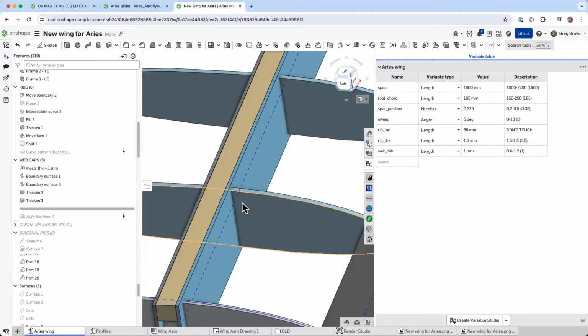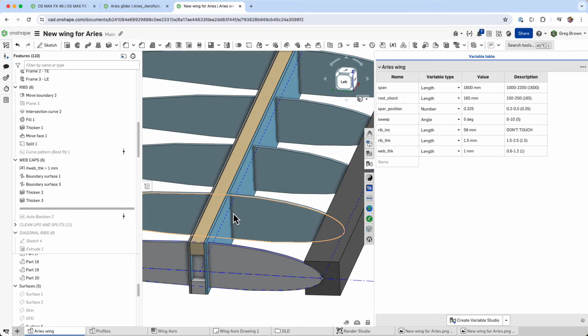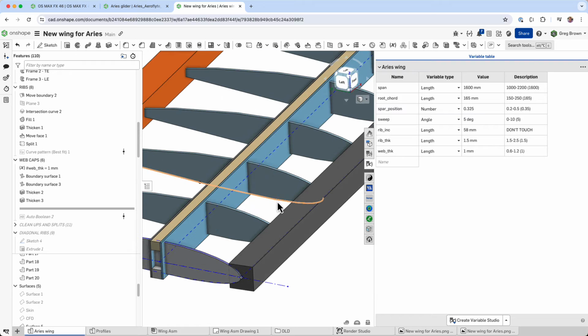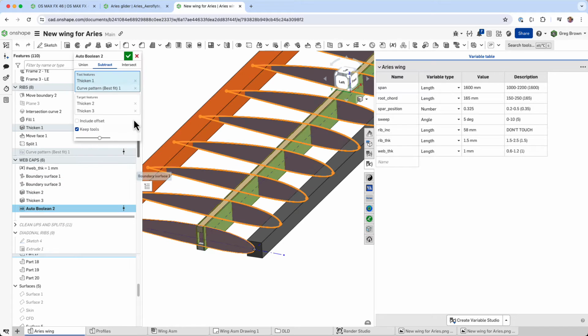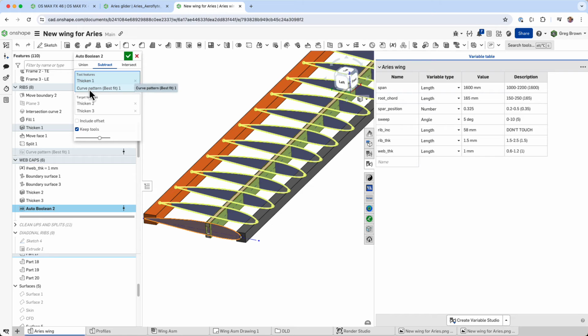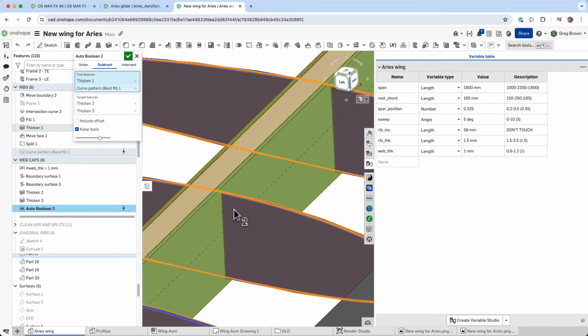And you can still see that I'm not doing any Booleans right now. I'm just overbuilding everything. This makes sure that I've got maximum parametric flexibility up to this point because I'm not worrying about those intersections. But now I start to worry about them. I'm going to do a Boolean using one of my special roll-my-own situations where I'm Booleaning features rather than bodies. And the tools in this case are the ribs. So the curve pattern that created all these ribs, and you can see those things highlighting in yellow as I flash on them, is going to act as a tool onto the front and rear of the